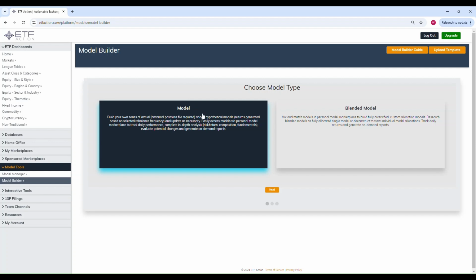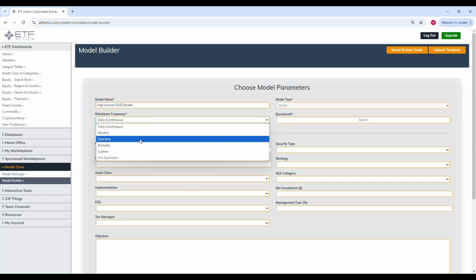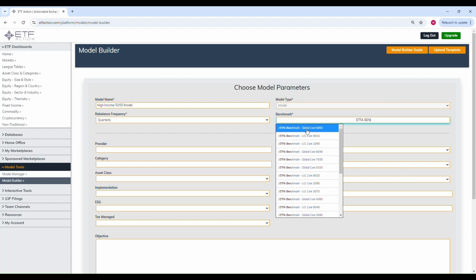Again, we're going to do Model instead of Blended Model. I'm going to press Next. Now we're going to do High Income 50/50 model. I'm going to do a rebalance frequency of quarterly. And I'm going to do my benchmark against the 50/50 global ETF Action benchmark, which is essentially 50% ACWI and